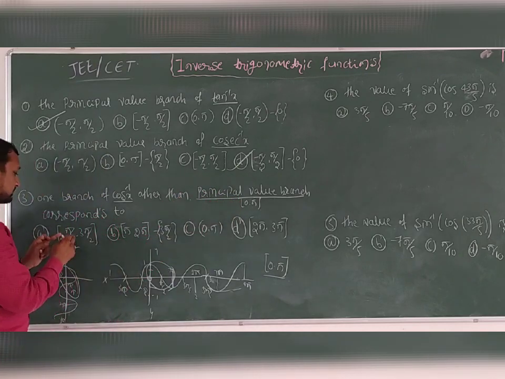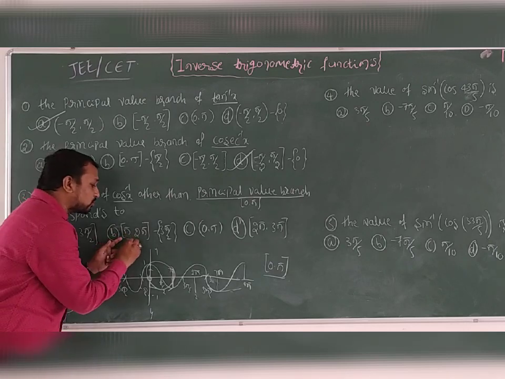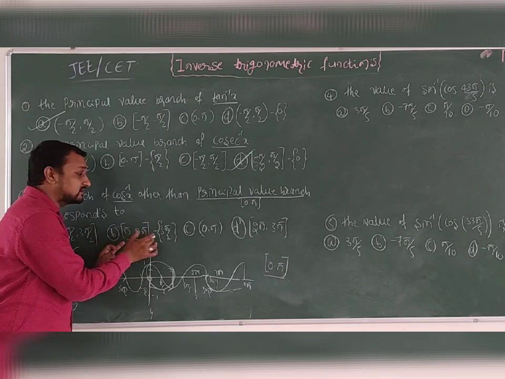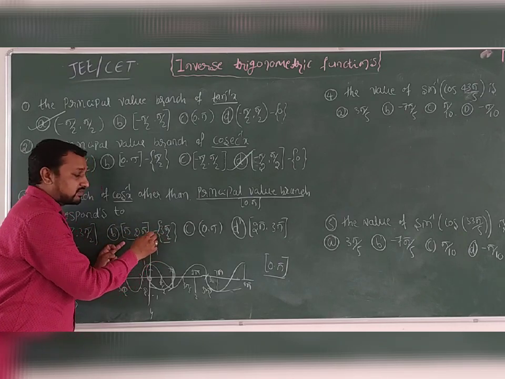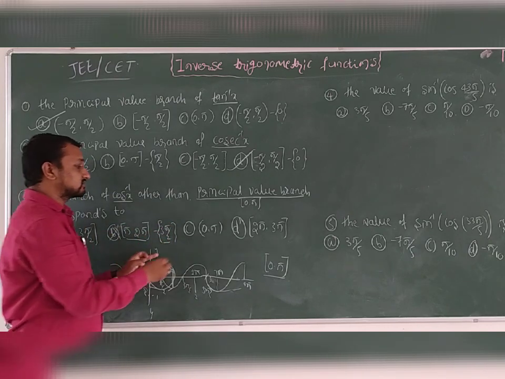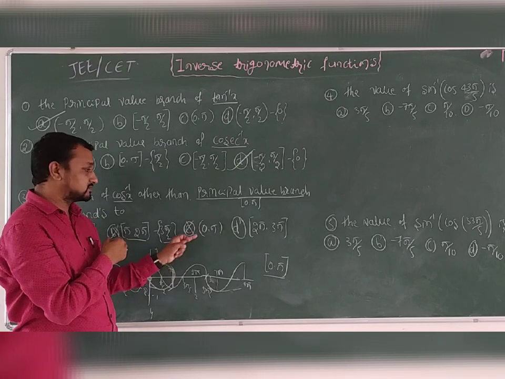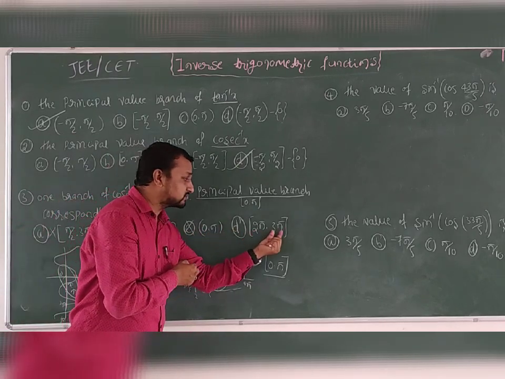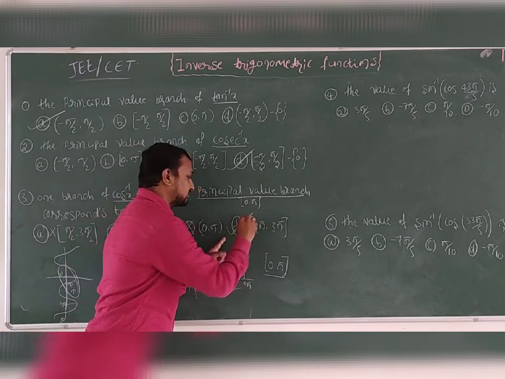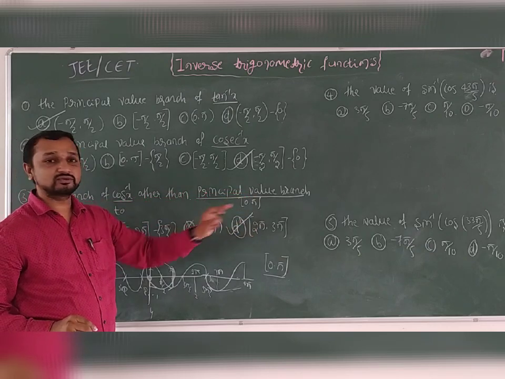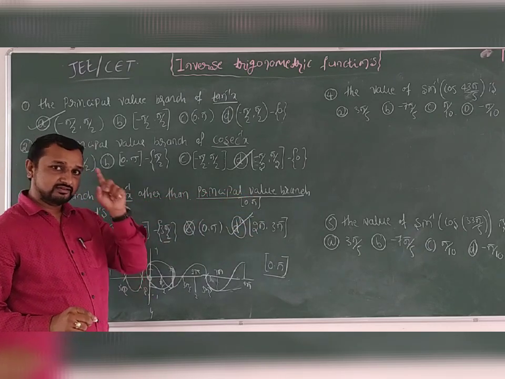So here see that pi by 2, this is not a right answer. Pi to 2 pi is the range of a principal branch of cos x, but here my x has minus 3 pi by 2, so this is also not an option. This is obviously not an option because 0 to pi with the open bracket is there. So here D, this is 2 pi to 3 pi. This is obviously a principal value branch other than the standard branch. This is 2 pi to 3 pi. Is that clear? Remember that.